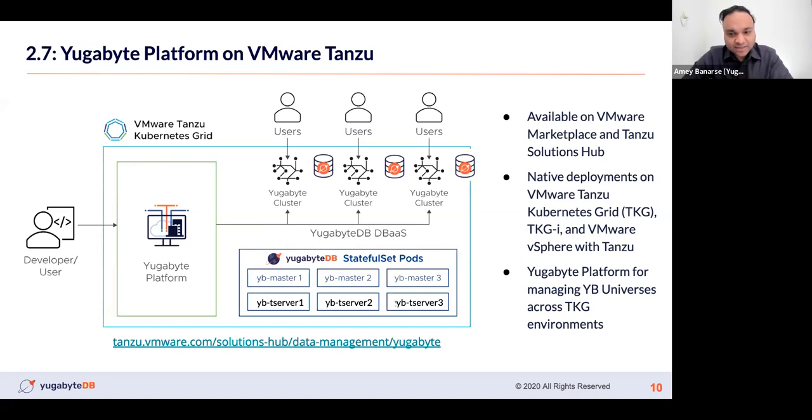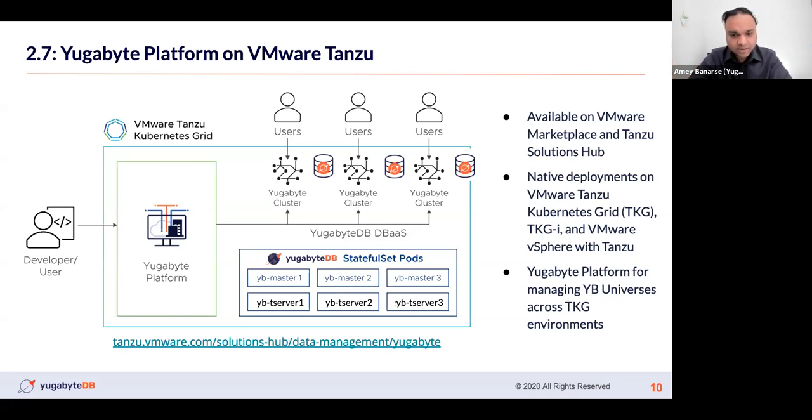Perfect. What we have done, team, is collaborate with VMware Engineering to certify Yugabyte as a distributed SQL database on top of their entire Tanzu portfolio. That includes VMware Tanzu Grid or VMware TKGI multi-cloud, or even VMware vSphere that is built in with Kubernetes. That's the most innovative product that VMware has currently built. And to ease the experience, we are now listed on the VMware marketplace itself. You can go to marketplace.vmware.com/Yugabyte, get the bits and hook up to your CI/CD pipelines and continuously deploy Yugabyte on top of any